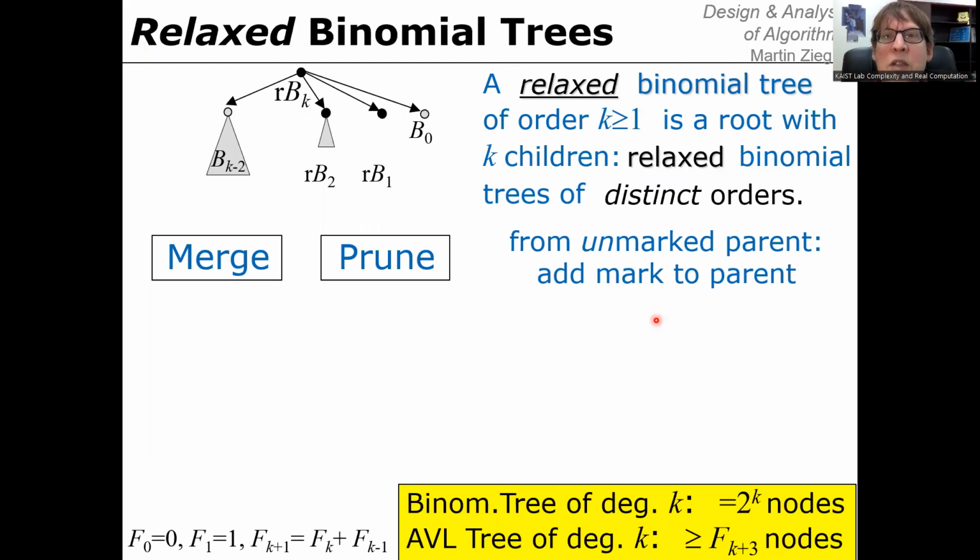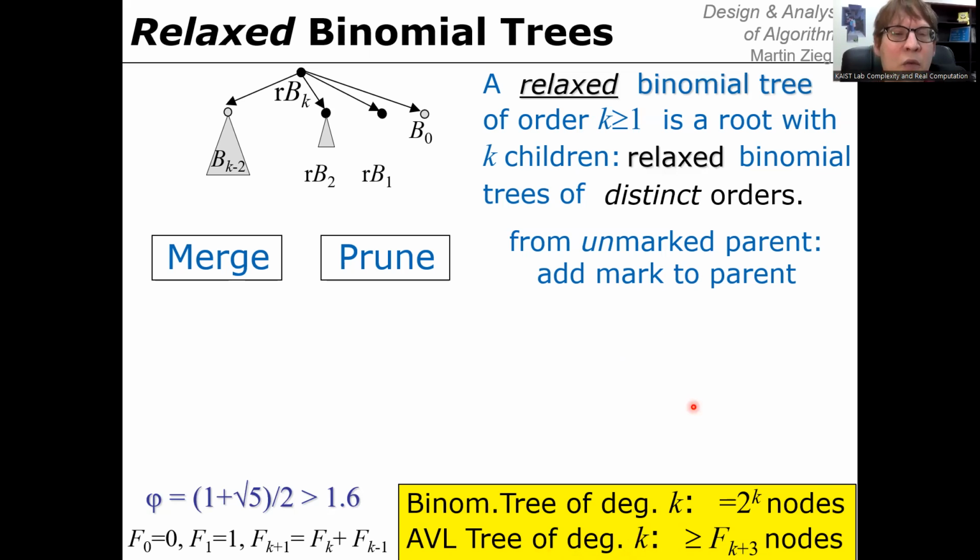And let's now recall that there's Binet's formula that describes the asymptotic growth of a Fibonacci number, namely exponentially, with the base being the golden mean. So that means Fibonacci numbers grow exponentially, and therefore also AVL trees grow exponentially in the degree,